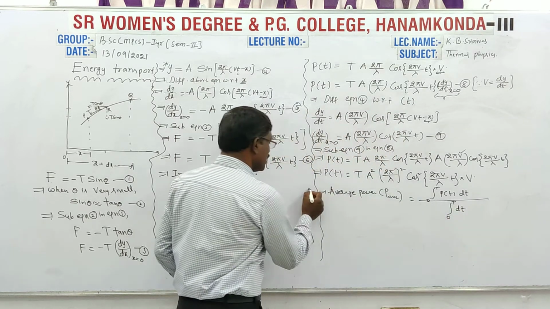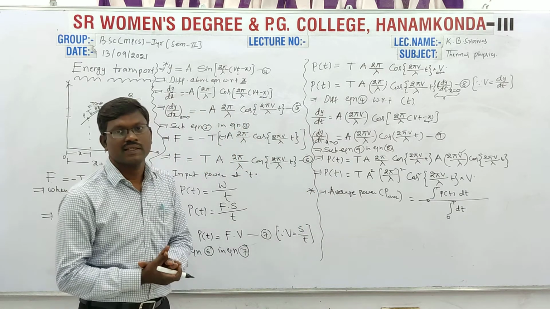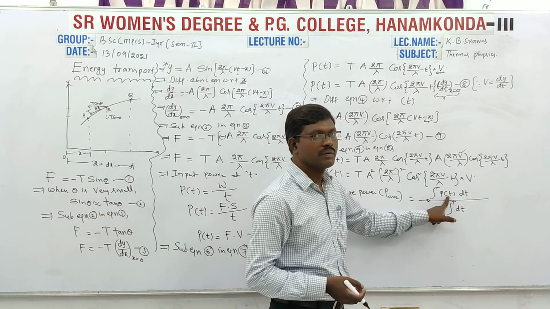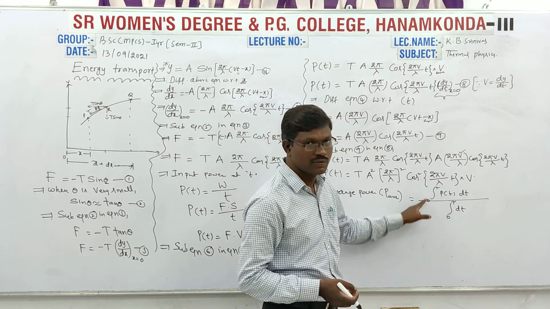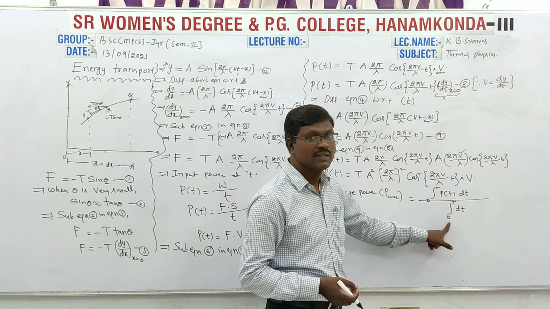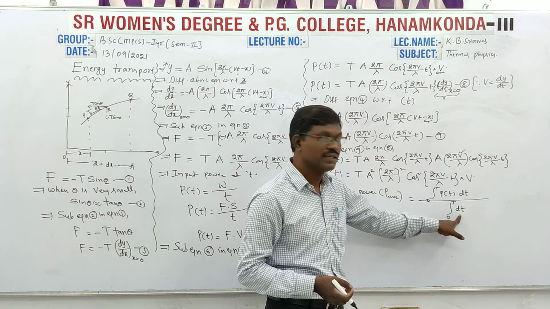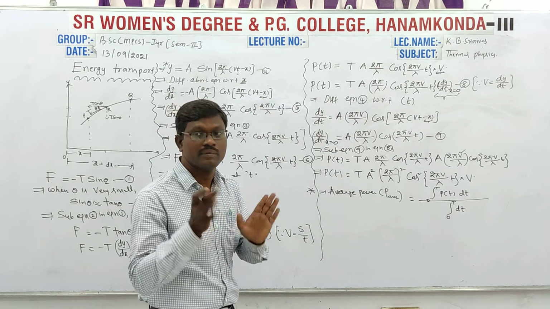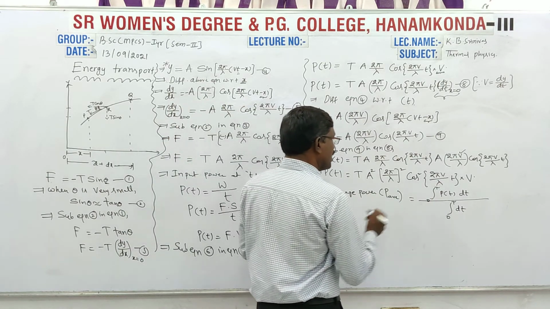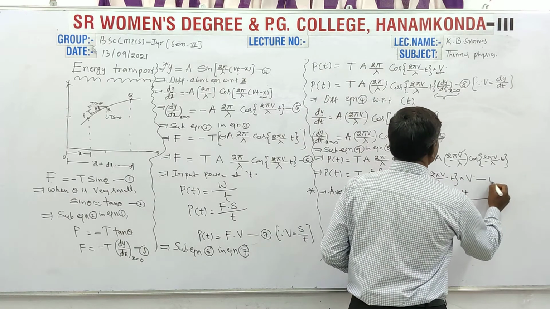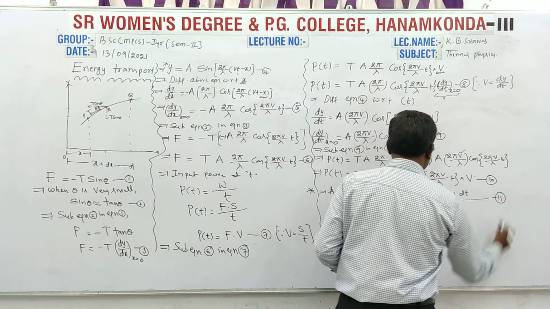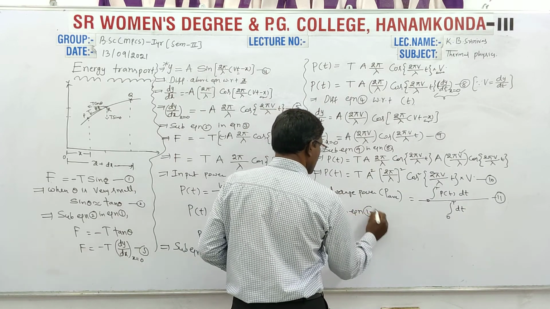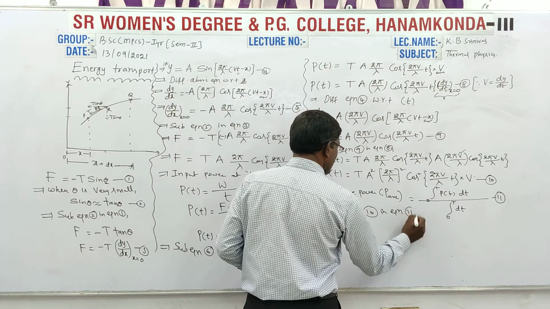So you have to remember this expression directly. What is average power? Integration of input power, where limit starts from 0 to 1 time period, whole divided by integration of 0 to tau dt. What is tau here? That is periodic time, remember. So average power, already we were having input power as equation 10. Let this be equation number 11. Substitute equation 10 in equation 11.